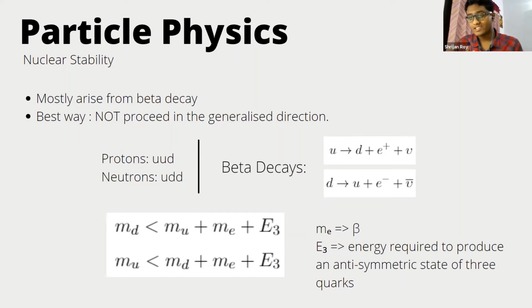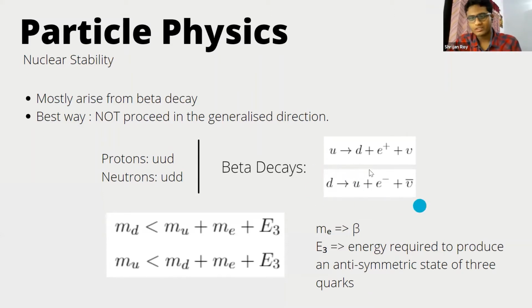The argument is not that a universe that has protons with UUU state won't be habitable. The thing is, those universes will be much different than our universe. So that is the argument I'll use many times, and maybe Arjit sir shall also use it in stellar formation. So we don't want a UUD to convert into a UUU state. We don't want this to happen.